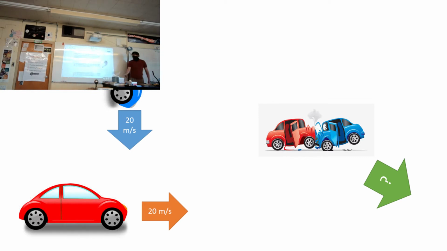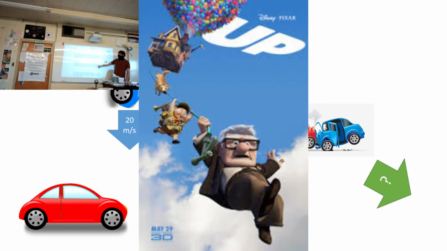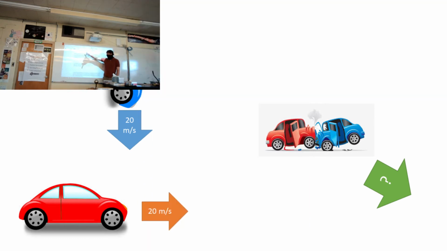You have 2 cars that are traveling at each other. Except unlike normal, you have one car that is going what we call up and down. One car that is going what we call east and west, right? So this is different than normal. Because normally we had them just going in one, only X or only Y. Anyway, sometime later, they collide over here. They smash into each other, right?